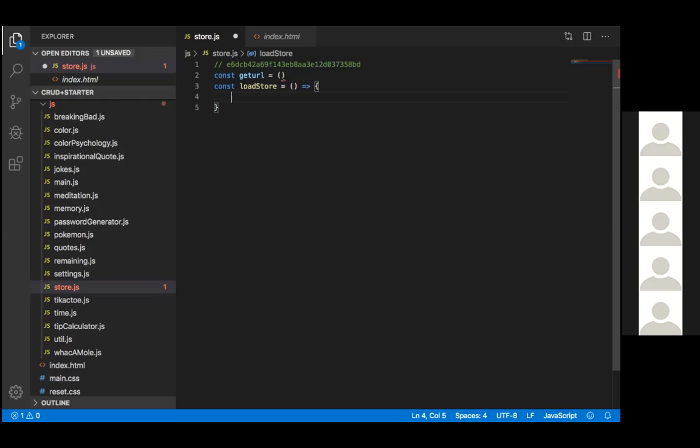So go to line 2, hit Control slash, or Command slash. Yep, there you go. All right, cool. And then go back in that load store. Hit tab once just for formatting sake. From the looks of it,